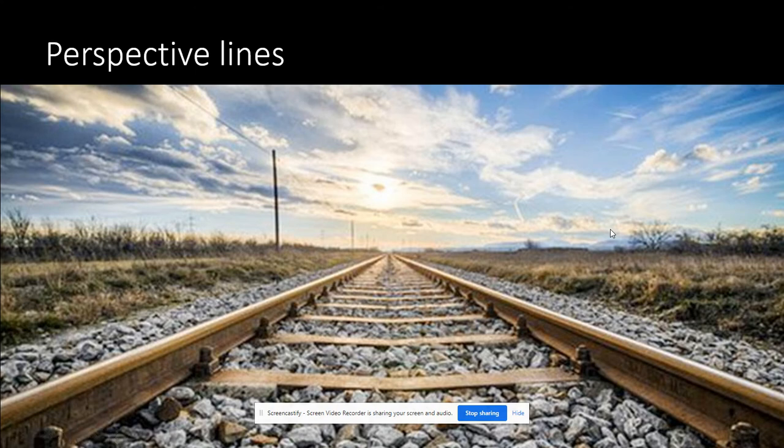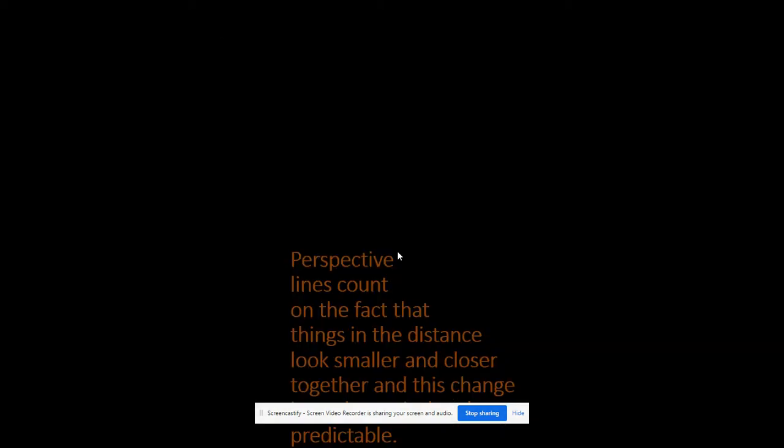Perspective lines are something that you're going to be doing. You're going to be doing 1 and 2 point perspective booklets. And the lines that go into the distance show a mathematical way that you can reproduce the idea of things getting smaller as they get farther away from you, at least the illusion that they get smaller as they get farther away from you. Because it'd be kind of freaky if you actually got smaller if they went farther away from you. Perspective lines